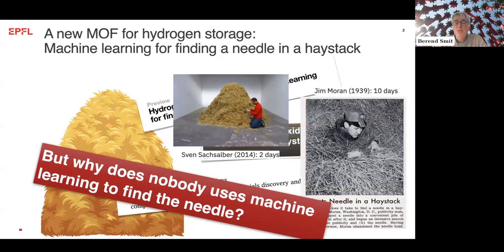Machine learning tries to recognize patterns, tries to recognize similarity, tries to recognize what is actually going on. But if you think about it, what type of information can we learn from the haystack that tells us where the needle should be? There is no magic that the needle influences the haystack in such a way that if you learn something about the properties of the haystack, that will tell you where the needle is. So